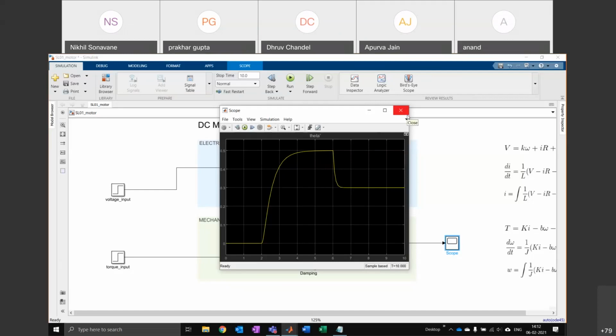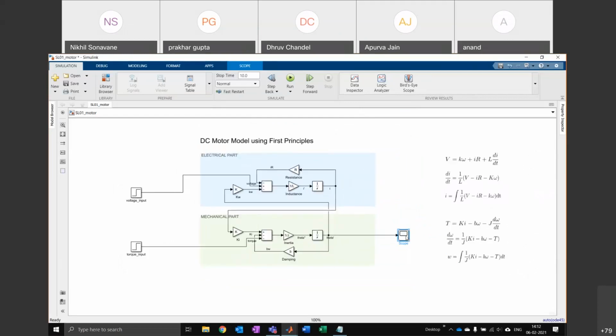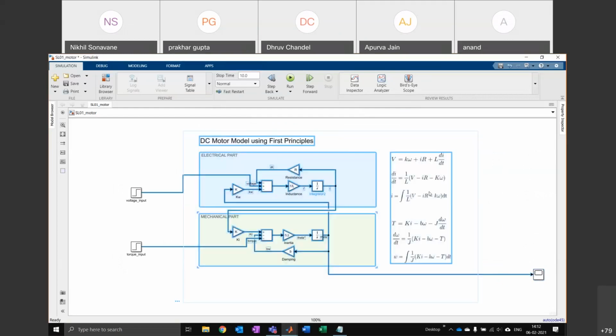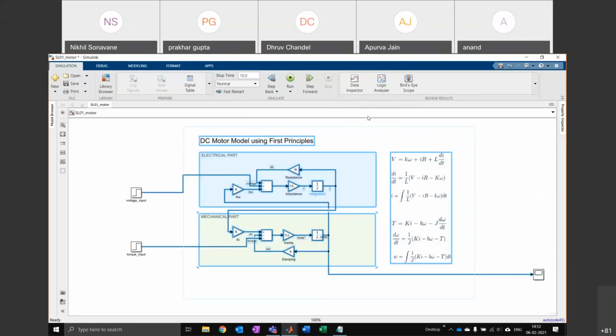Right. So one thing we want to do at this point, I'm going to close my scope. What I want to do now is figure out how to control this system. So I'm going to supply it certain inputs and measure the output. All the mathematics inside this, I don't really care about anymore, because this is a motor, I have built it, I've already designed it. Now I just need to figure out a way of controlling it.